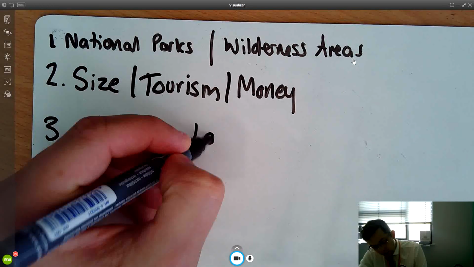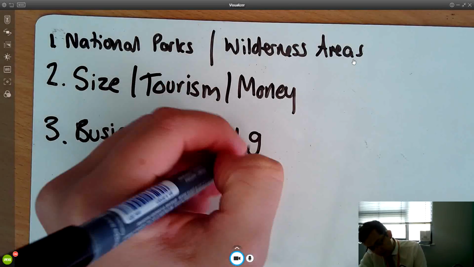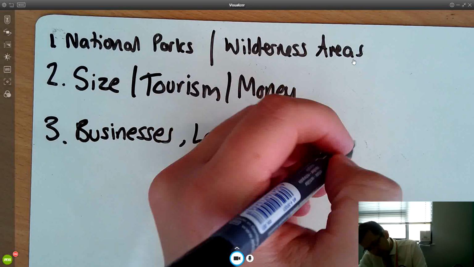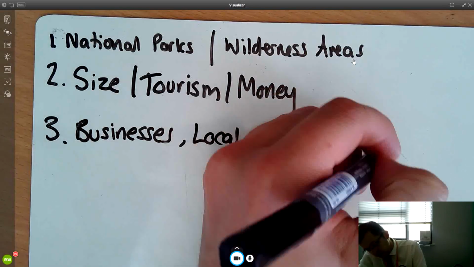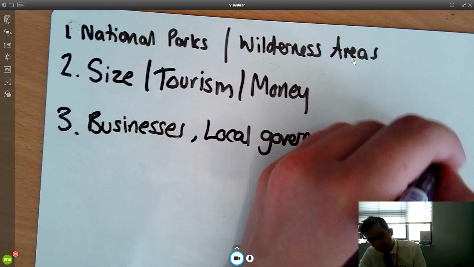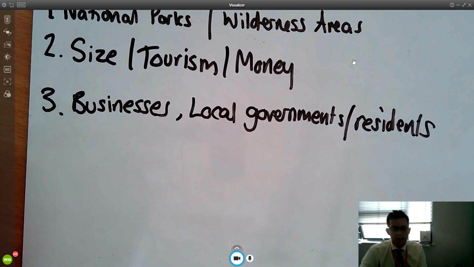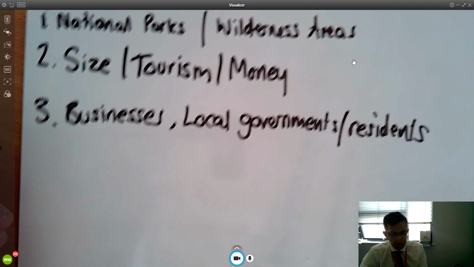Sometimes local government and sometimes local residents. Okay, because by exploiting the taiga, you are creating jobs. So to a certain extent, they may support its exploitation. So deforestation in the taiga, mining, forestry, hydroelectric power, mining for fossil fuels, and so